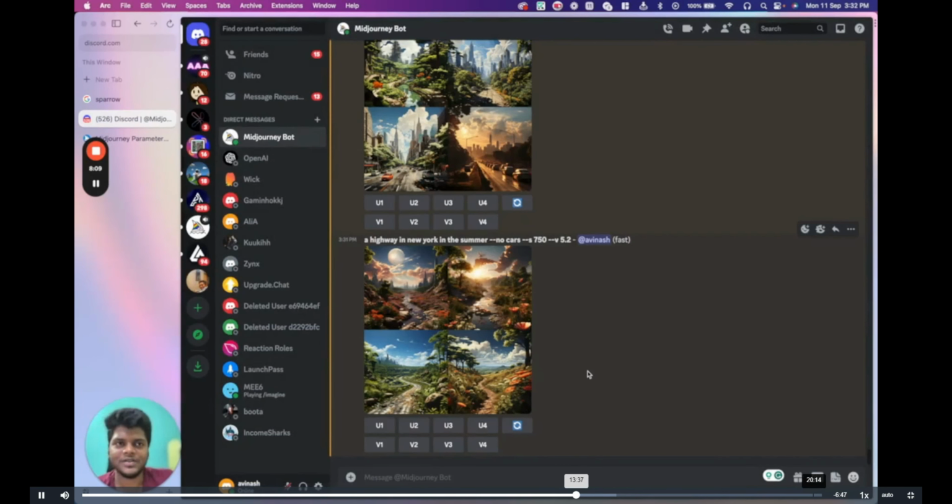So let's say you're designing something like a river again, where you don't want frogs in a river, but for some reason Midjourney is generating frogs. So you can avoid them by using the no parameter. So now that this point is clear, let's move on to our next point,